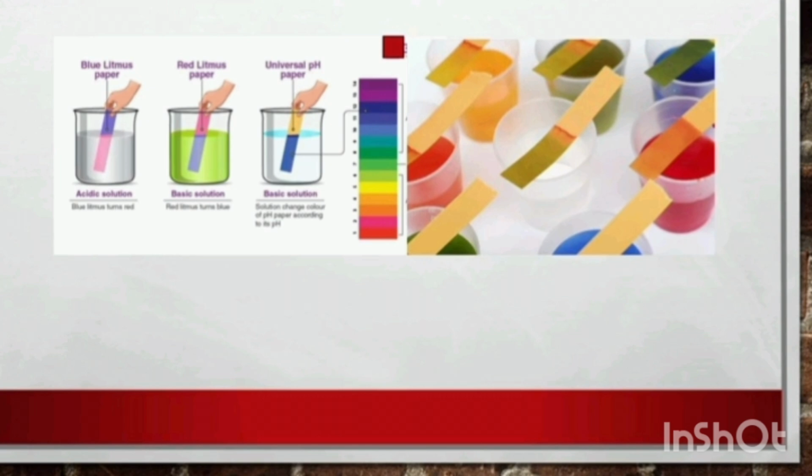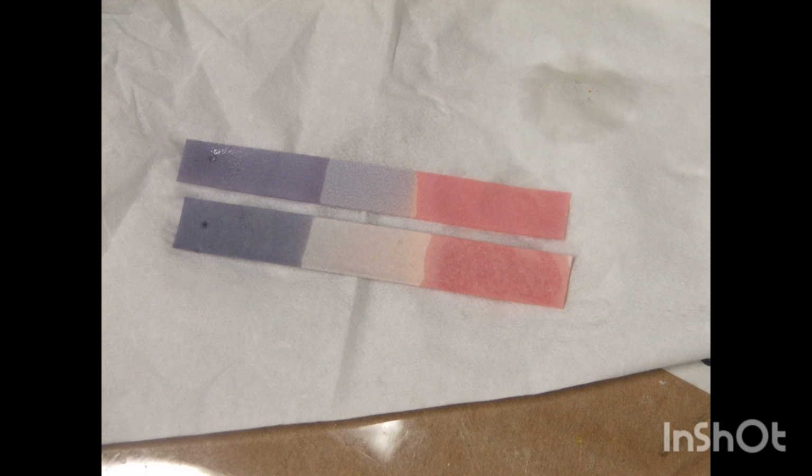A litmus paper is divided into two categories, red litmus paper and blue litmus paper. If the solution is acidic, the blue litmus paper turns red. If the material is basic, the red litmus paper turns blue. So in acidic solutions, litmus turns red, while in basic solutions, it turns blue. This is necessary for you to understand before doing the activity. Litmus paper is used as an indicator to test whether the solution is acidic or basic in nature.